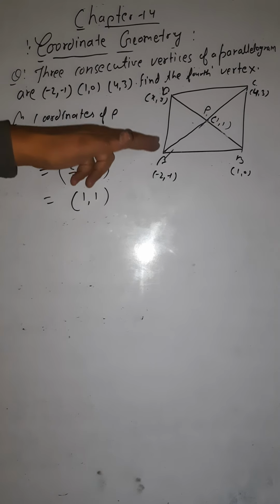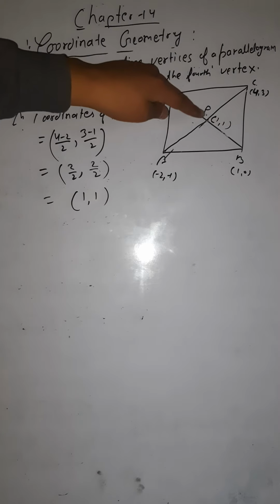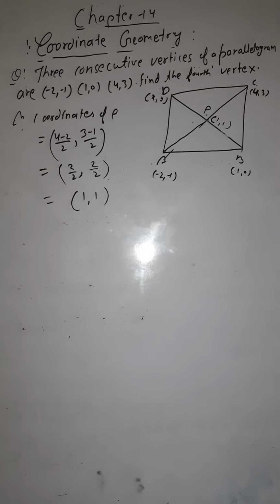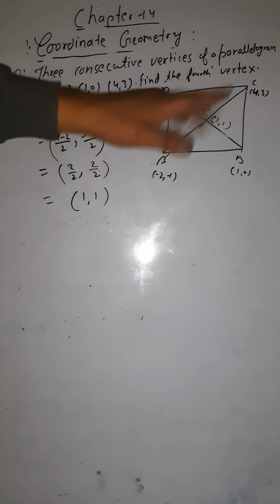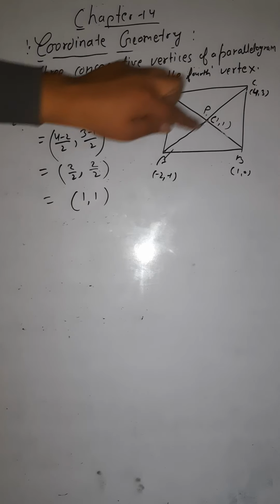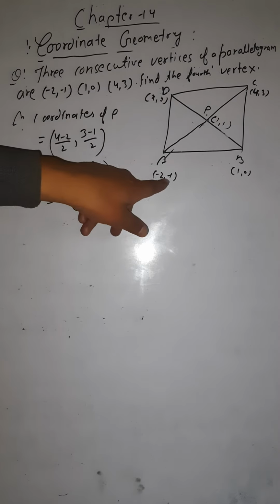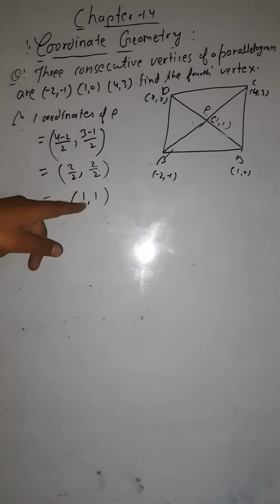The midpoint theorem says that the first coordinate of the midpoint would be equal to the sum of the first coordinates of the other two points divided by 2. And the second coordinate would be equal to the sum of the second coordinates of both the vertices divided by 2. Are you getting this? So 1 is coming out how? 4 minus 2 by 2. Here 3 plus 1, but it is minus already, so I am writing 3 minus 1 by 2. So that is why the coordinates of P are 1, 1.